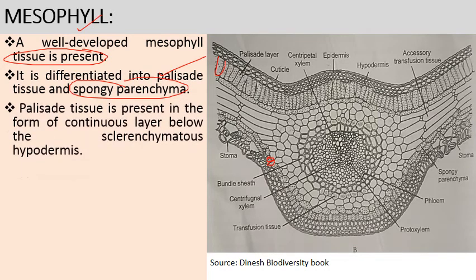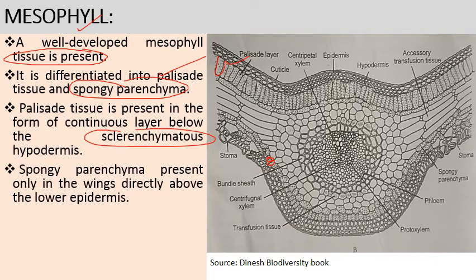Palisade tissue is present in the form of a continuous layer below the sclerenchymatous hypodermis. जो sclerenchymatous hypodermis है उसके नीचे ये present होती है, and spongy parenchyma is present only on the wings. Wings में present होता है, these wing portions, and it is present directly above the lower epidermis, और lower epidermis